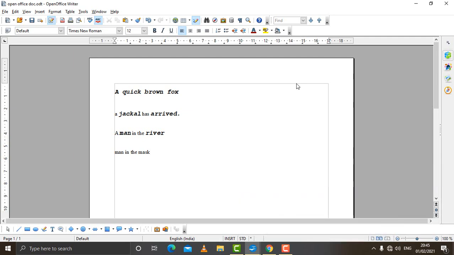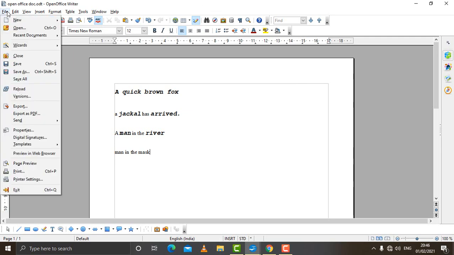And you can do one more thing. Suppose a common template is there which you want to open every time to create a document, or your work is something like you are supposed to do the same work again and again. So if you want a template which opens up every time when you create any document, we can do that also, and that can be done using File, Templates and click on Organize.